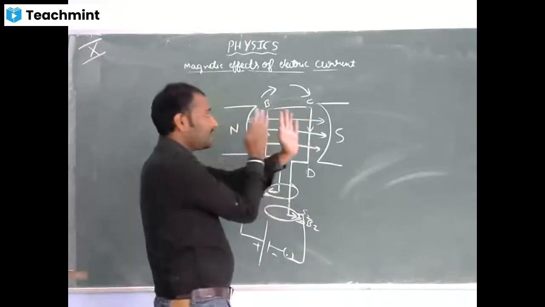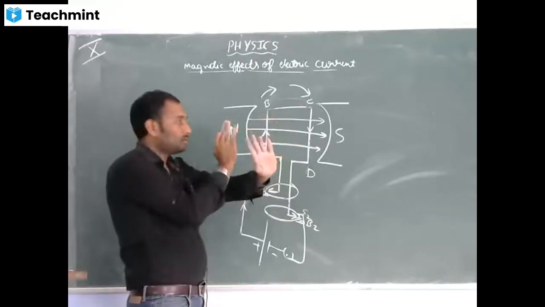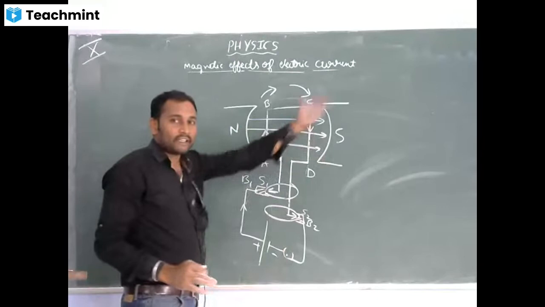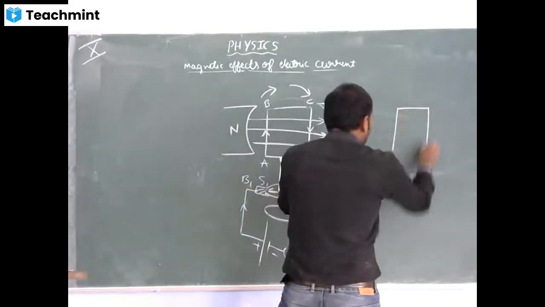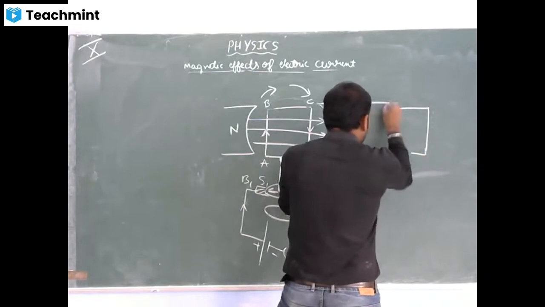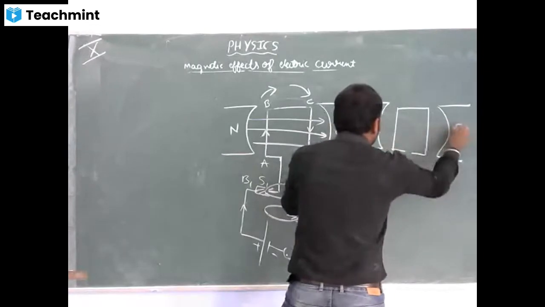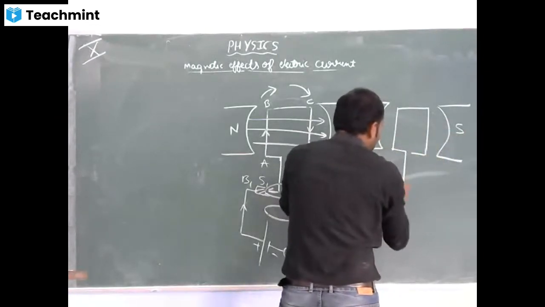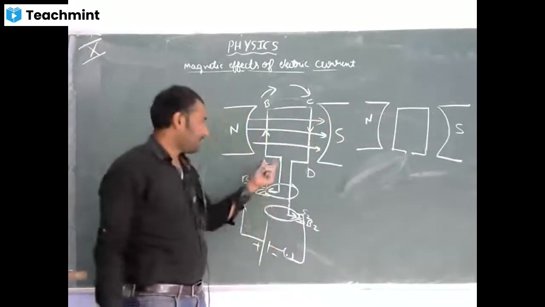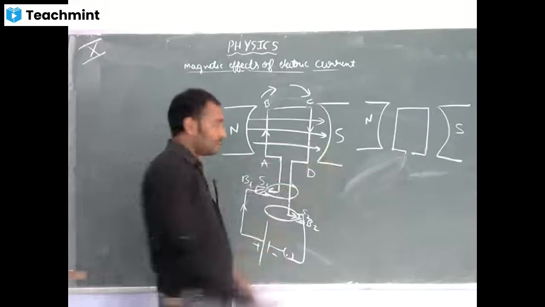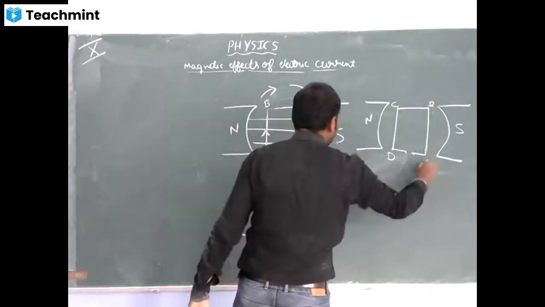So due to the inertia, it will come back. Okay, so first half is completed now. Second half, let me write the second half, the other side. This is north, this is south. See now, while writing the second half, first half is rotated that side. Now this will become D, this will become C, this will become B, this will become A.